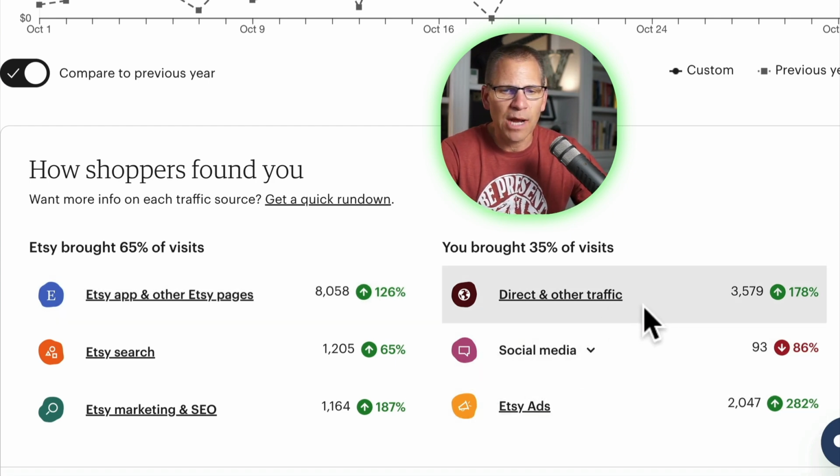But right here, this is what I want to point out. Direct and other traffic. Now we've brought 35% of the visits. All right. That's what it's saying. 35% of the visits we have brought. Now,